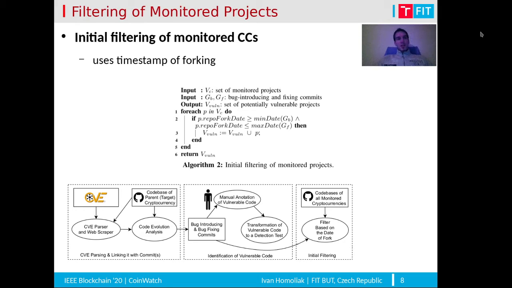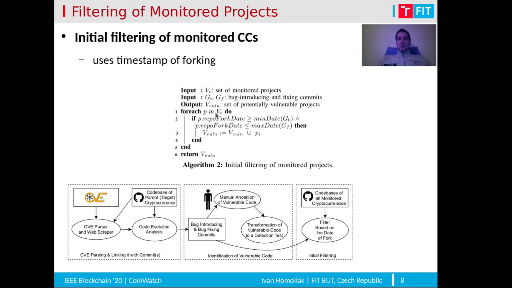But before this, it is necessary to filter the monitored projects in our database, and we use the date of the forking to filter only projects which might be vulnerable.